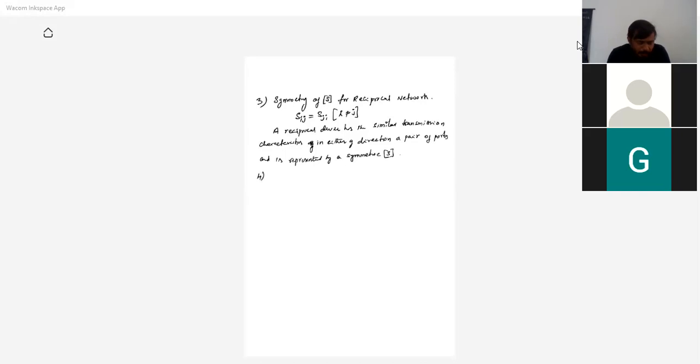So the fourth property is the unitary property for a lossless junction. You can simply write unitary property. That means S into S conjugate is equal to I. It means, as I already told, this S matrix obeys the rules of matrix properties. Another matrix property is the unitary property. So S into S conjugate is equal to I. Then the fifth property.